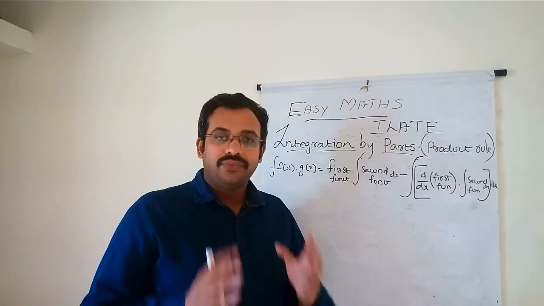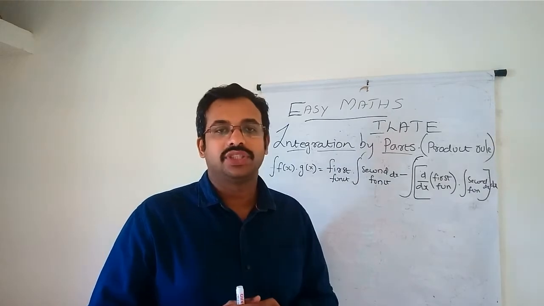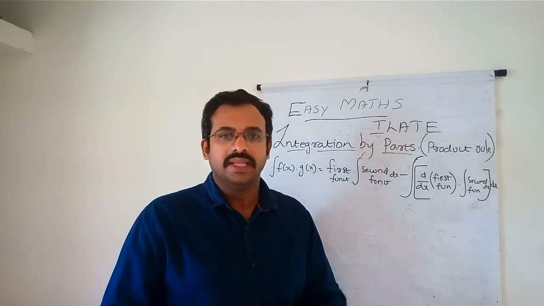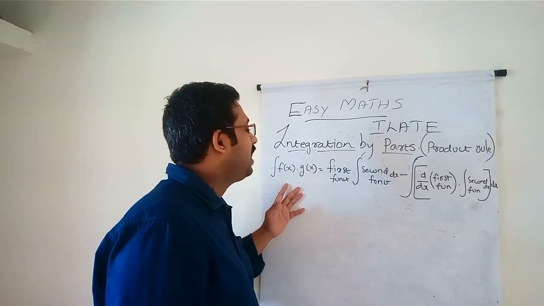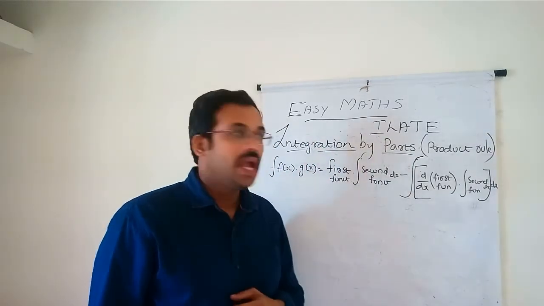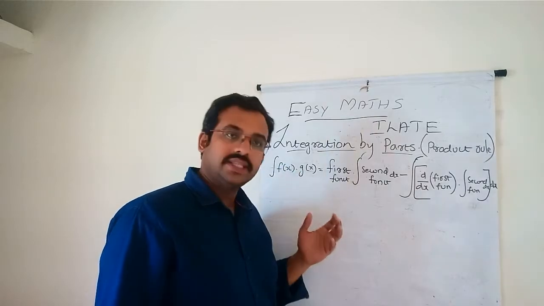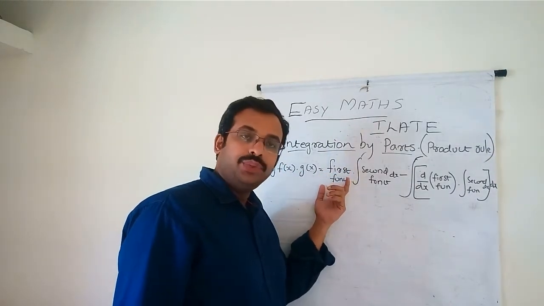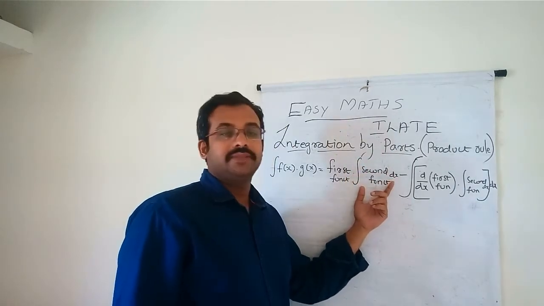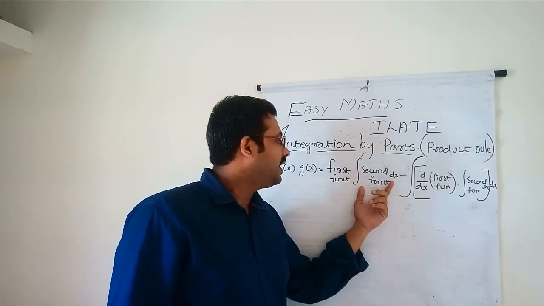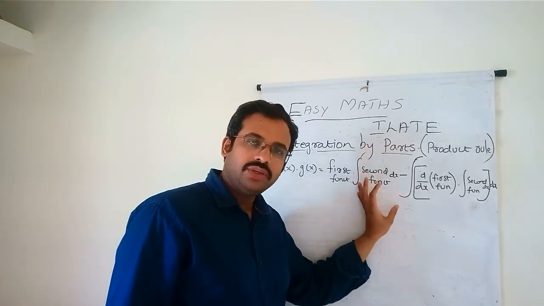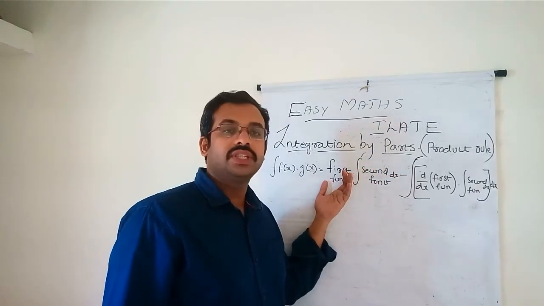After selecting first function and second function, how do we apply the ILATE method? This is how we want to apply it. After selecting first function and second function, first function into integral of second. So here we are integrating the second function alone. We are keeping the first function as itself,